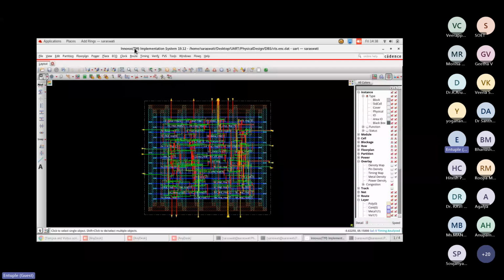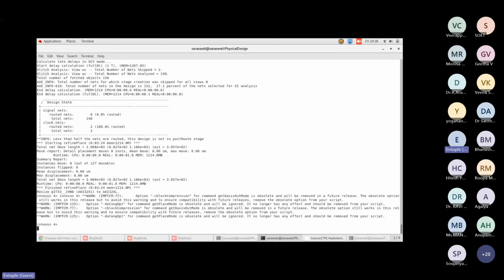But it also gives the power report, not in detail. Let's say this is our power; we are already in Innovus. If I ask for this Innovus report,